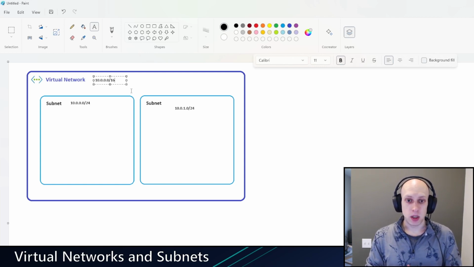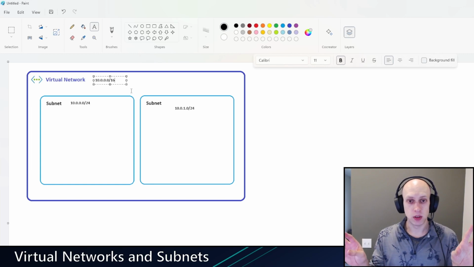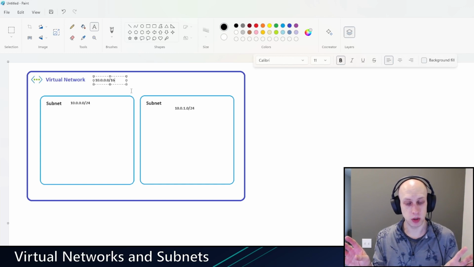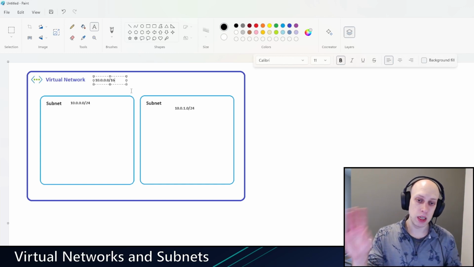That means if you're using a single subscription, but you have resources, a virtual machine in East US and a virtual machine in West US, those are going to be in two separate virtual networks because you need a virtual network in West US for the West US VM,